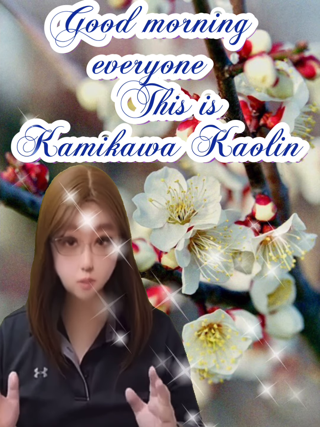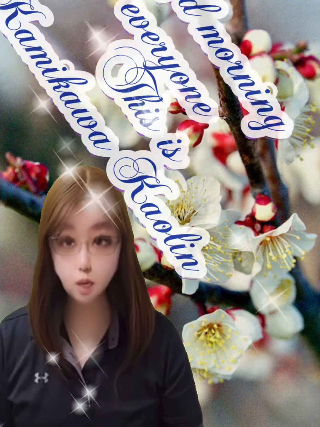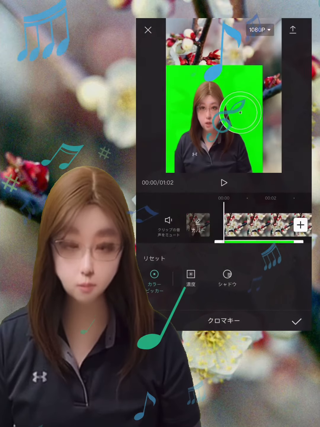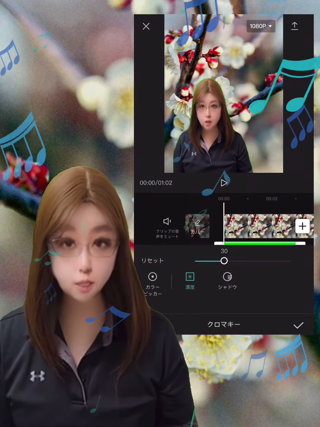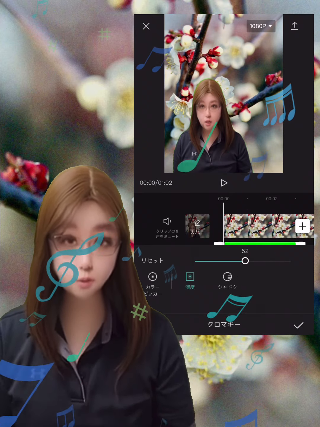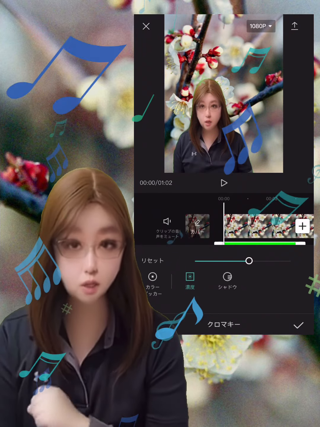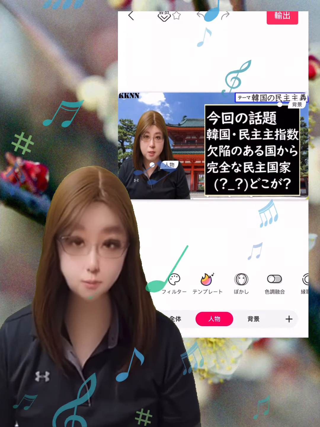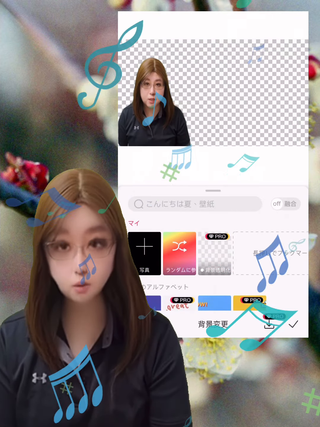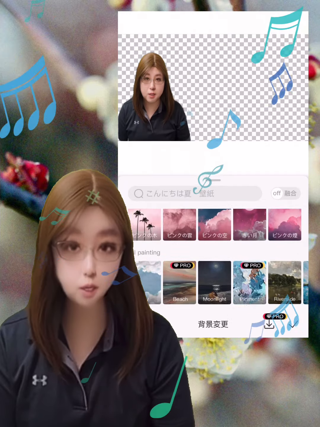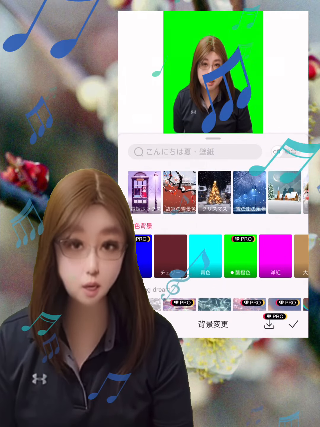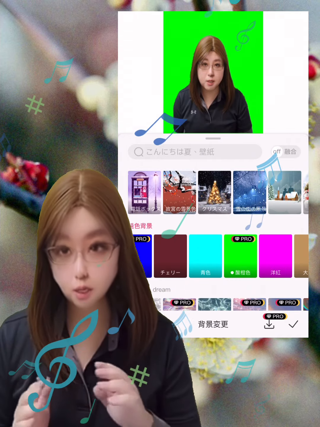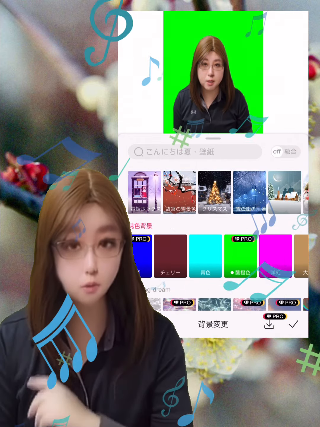This time, I would like to introduce how to make the background of a video transparent. Until now, when we talked about making the background transparent, we made the background green or one color. It is common to use chroma key technology to remove the color. But even if you don't use chroma key, there are various apps now. Even if the background is not a single color, you all know that it's relatively easy to make an image transparent. However, for videos, unless you use chroma key, I think it was quite difficult.